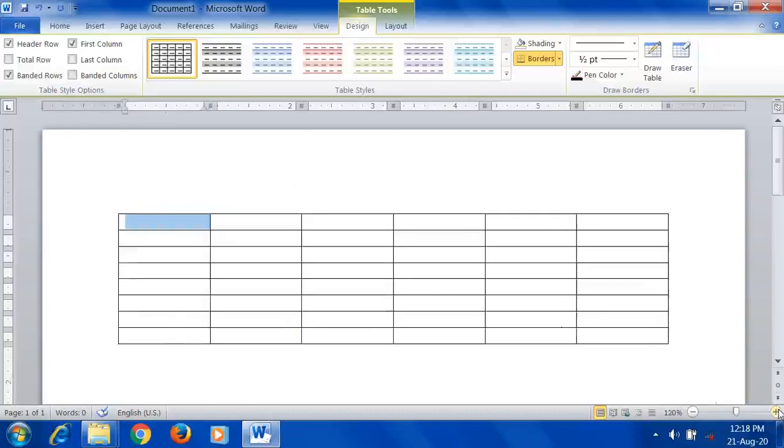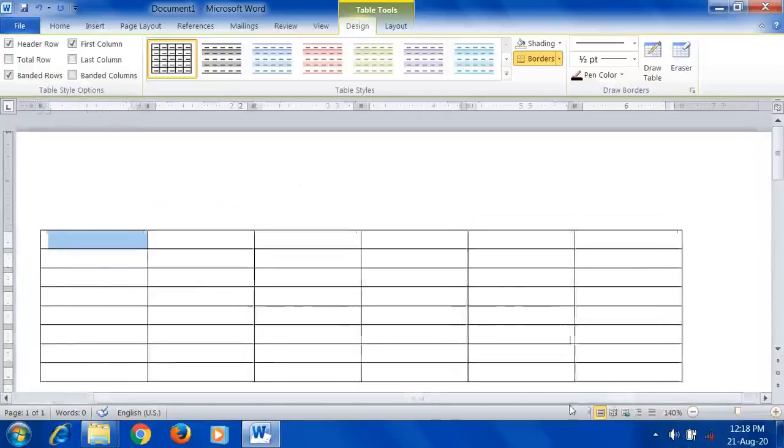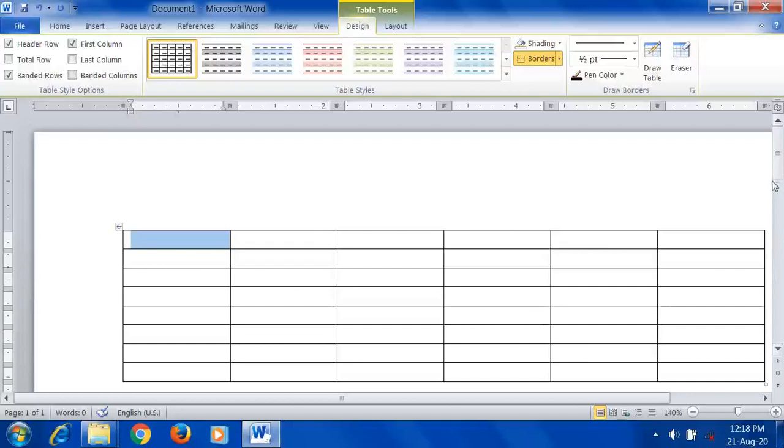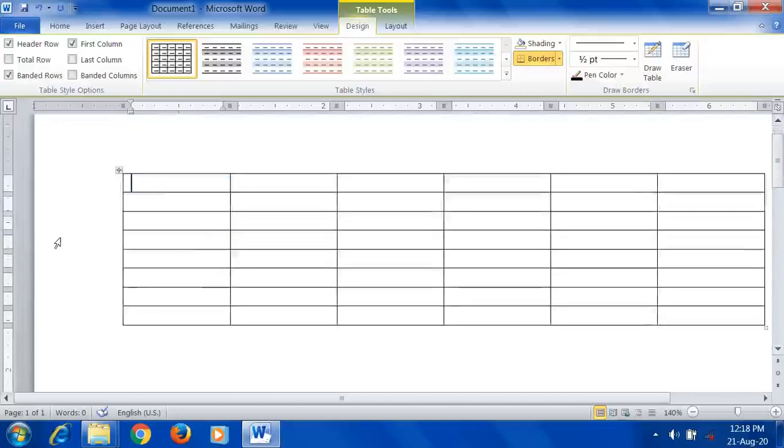Okay, so let me little bit zoom it so you may see clearly. Okay, once again see here. So now nothing is selected in this table. Now I want to select only one particular cell. It may be at the beginning or it may be at last or in between. If you want to select, take your mouse pointer to the edge of that cell, and when your mouse pointer converts to the thick small arrow, you can see there, then single click. So just one single click on your left mouse button, it selects that particular cell.